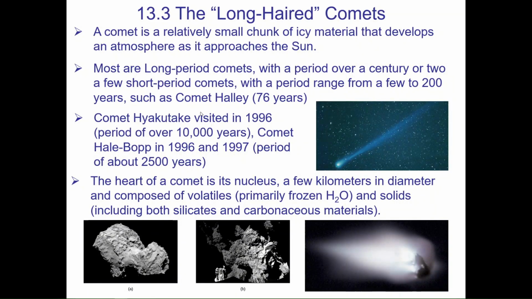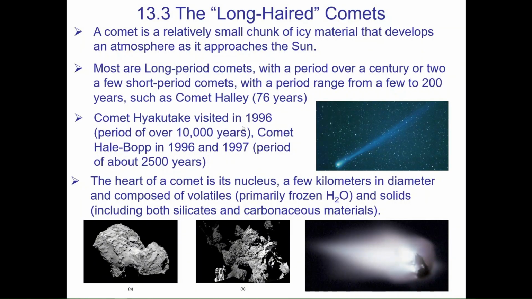The short period and long period comets actually come from different parts of the outer solar system. We'll talk about that later in this chapter. In terms of long period comets, we actually had two visit Earth in the late 1990s. The comets were called